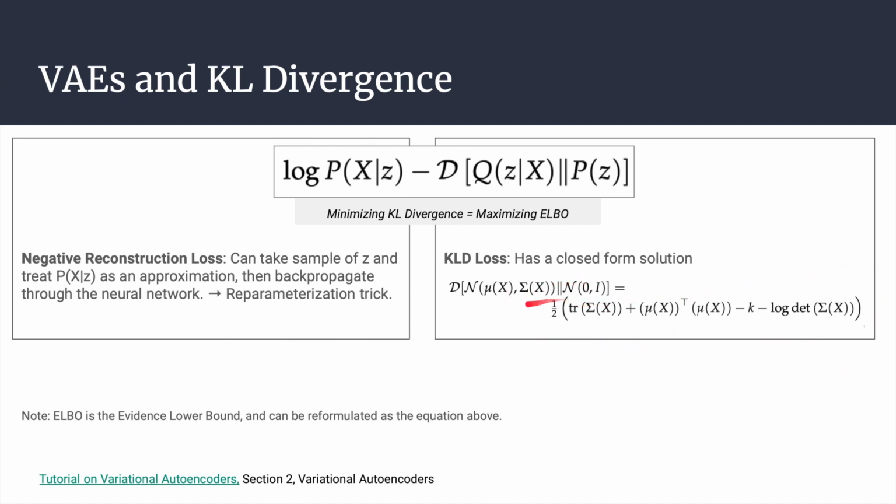You just have to be able to implement it, and you can find code on the PyTorch docs or other implementations of VAEs that implement it already, and it's kind of straightforward after you see it once. But with this negative reconstruction loss, with what I've told you so far, you wouldn't actually be able to calculate this and then backprop through any kind of neural network,